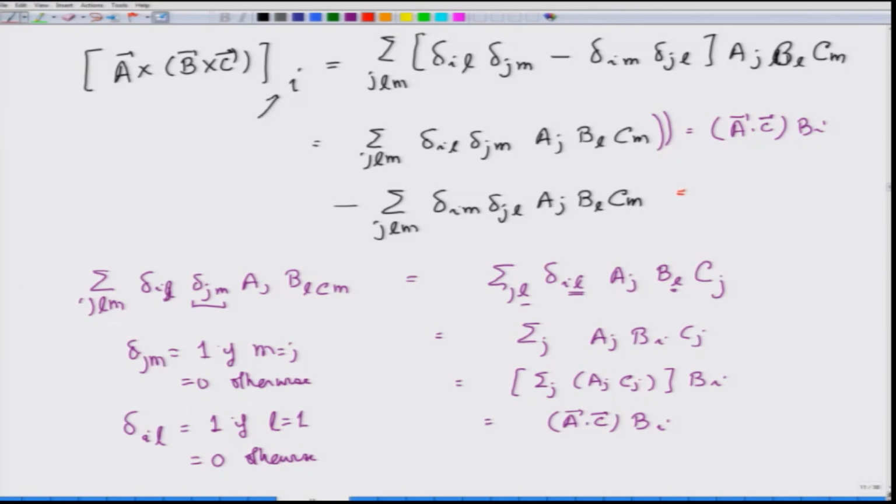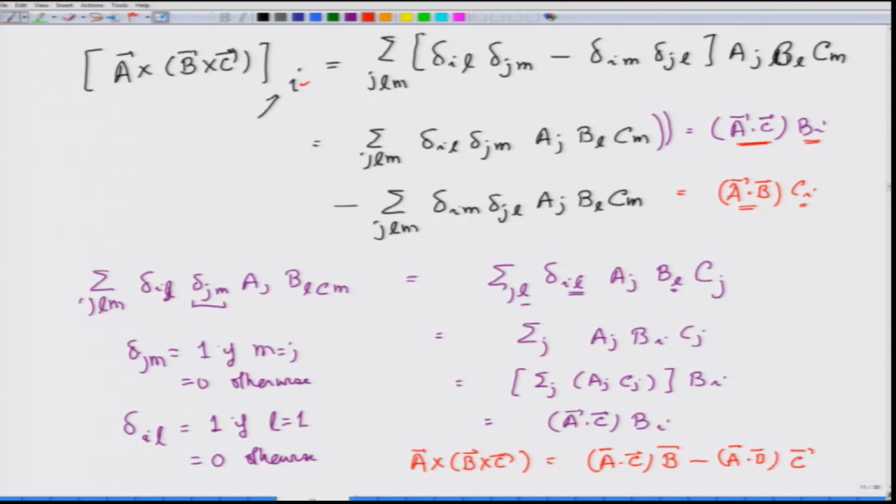Similarly, I leave it for you, you can show that the second term will come out to be A dot B C i. So you can see that the ith component of A cross B cross C is nothing but this dot product times B i, minus this dot product times C i. So the first component is going to be A dot C B 1 minus A dot B C 1, the second component A dot C B 2 minus A dot B C 2, and therefore in general you can write A cross B cross C is equal to A dot C B vector minus A dot B